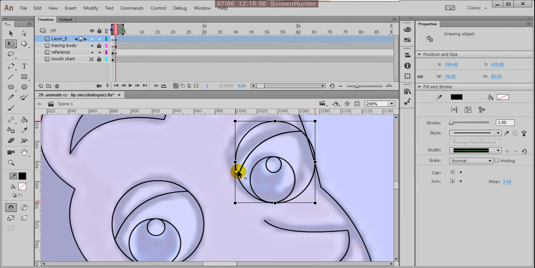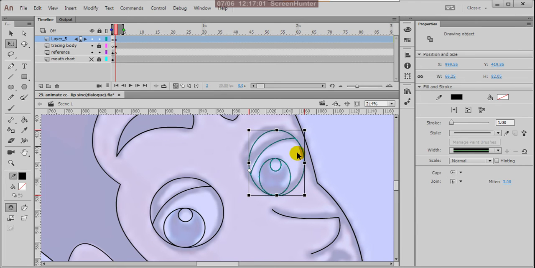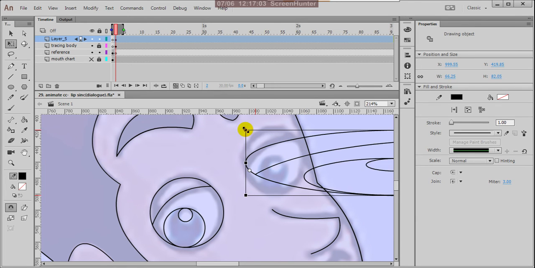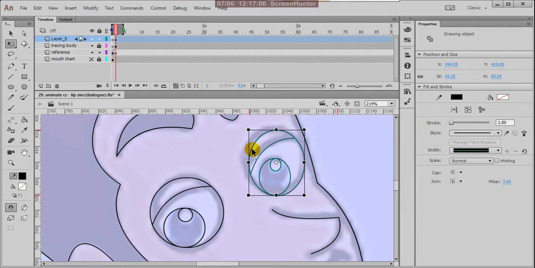You can fix this. Yes, and you can bit reduce this size. Okay, and turn this,